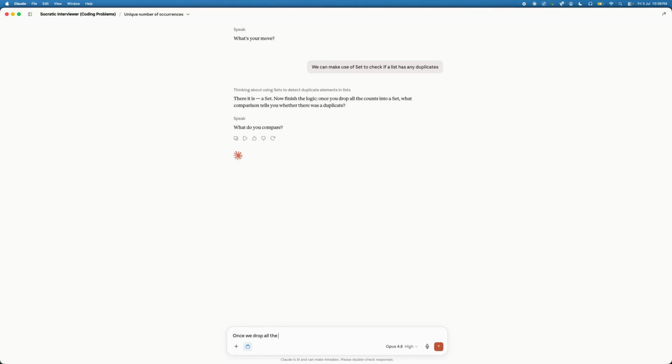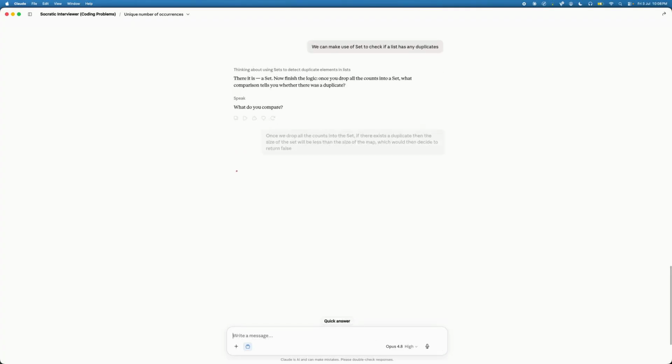Once we drop all the counts into the set, if there exists a duplicate, then the size of the set will be less than the size of the map, which would then decide to return false.